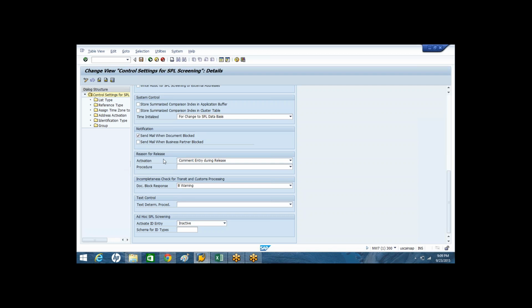Reason for the release means, I hope when I was explaining embargo screening, when removing the block, I was talking about what are the different possibilities? What are the different options given by SAP whenever you are removing the block?